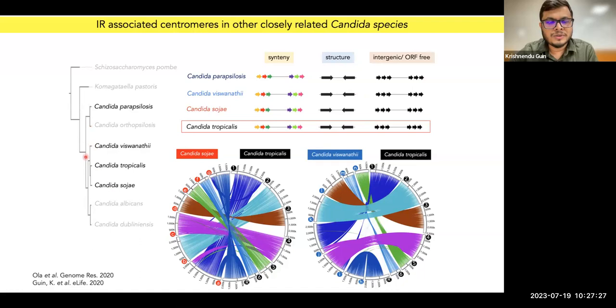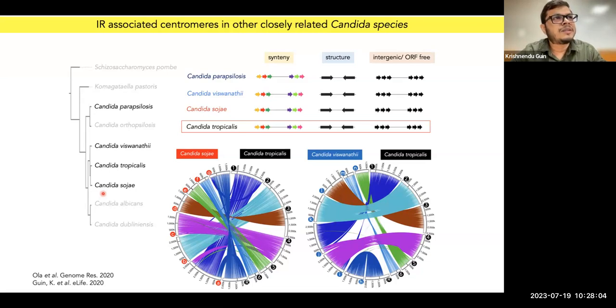So this identification of putative centromeres that are inverted repeat associated structures in Candida parapsilosis, which diverged earlier than this species complex, supports the idea that the common ancestor between Candida tropicalis and albicans also had an inverted repeat associated structure. Although we predicted this with the hypothesis, it is unexpected, because previously